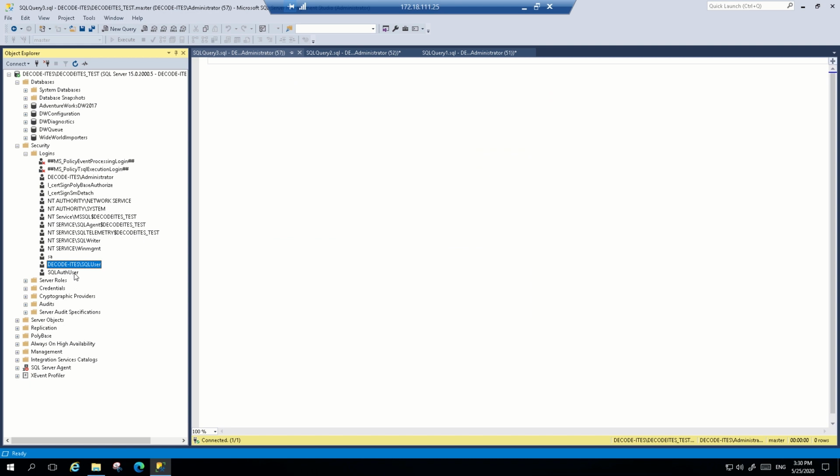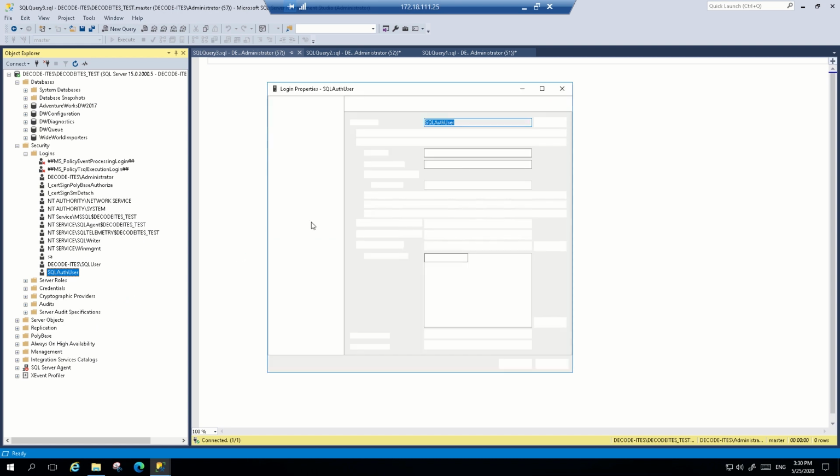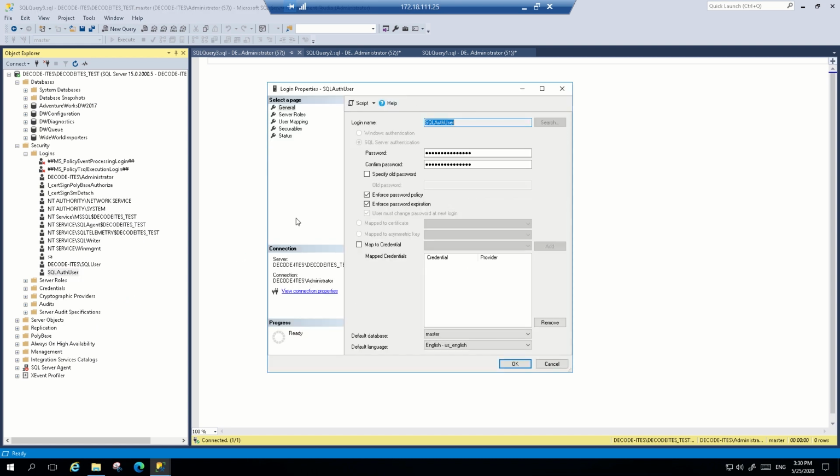So let's go to SQL login properties and see what options we have to alter it. Right click on SQL login, go to properties, and similar window will open. We have some additional options like password. We can change this SQL login password from here, and we can change password policy enforcement from here after login creation as well. Rest of the options to alter the login will be same as Windows login.